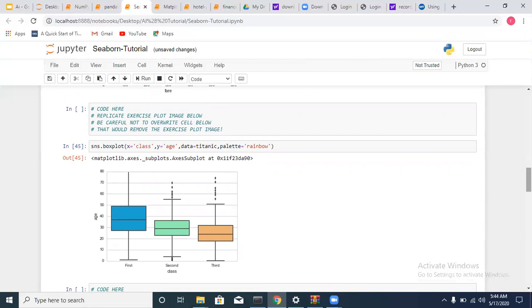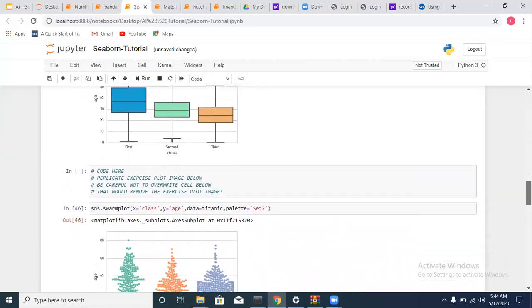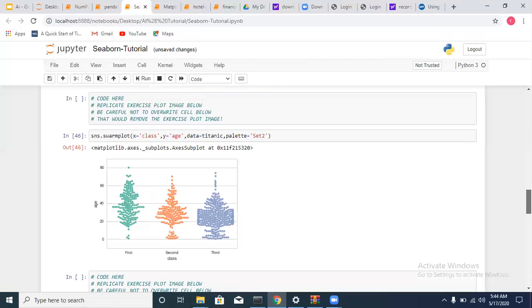take the class as the x-axis and y as age. So it shows us the various distributions of age for each class. What actually separates those box plots, like these are the median values, and when you see that's where they have a few outliers. So we have what we call this violin plot also,